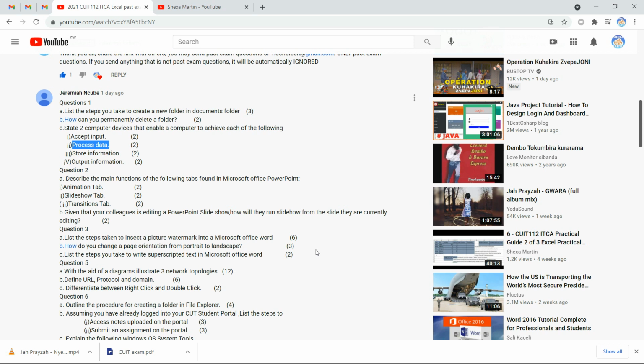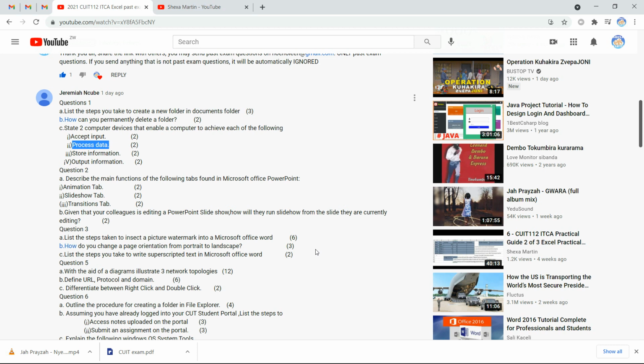processing. We also have what is called the graphical processing unit, GPU. The GPU does the processing of anything to do with graphics. That is, we are referring to images, videos. So if you want to edit a video, you make sure that we have a strong graphics card. That's the GPU, graphics processing unit, or graphical processing unit. That's the one that you use to process data related to anything that is visual. So those are the two examples that I can give, and then if you have more, you can list them